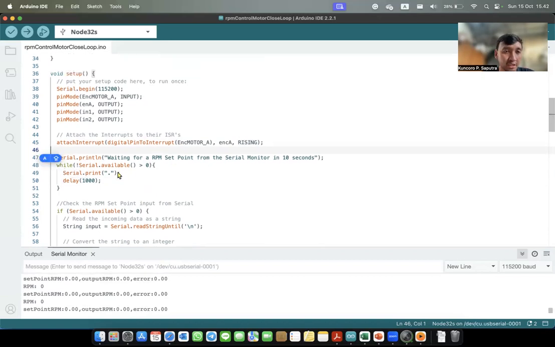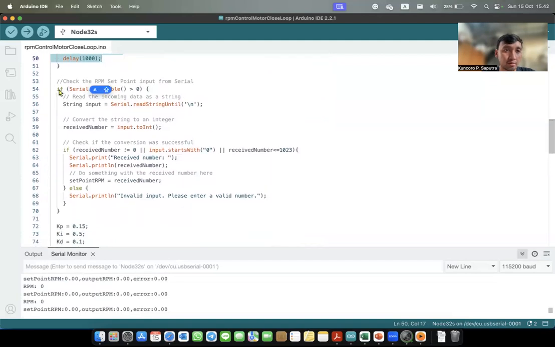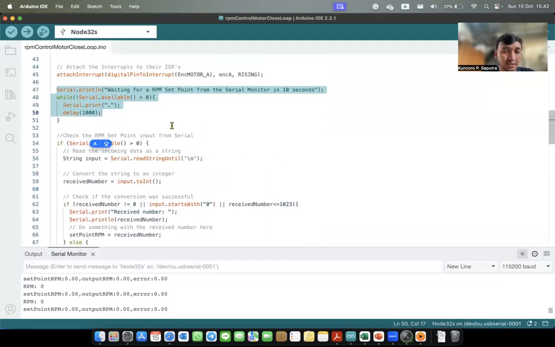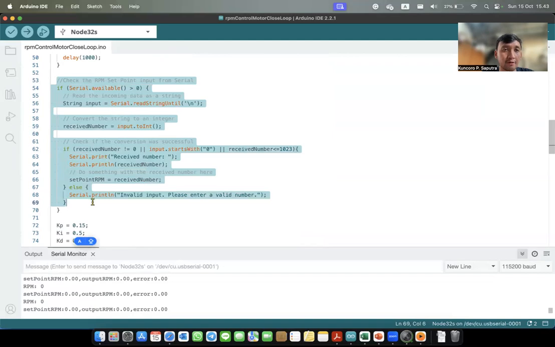After that, we put this command to wait for the serial input as an RPM set point. So after the serial input has been entered, we can check the serial buffer.